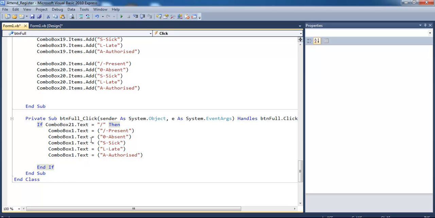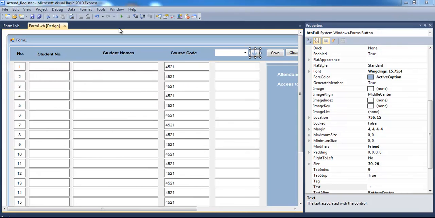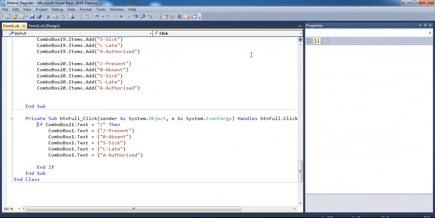So if I run the program now, this is what will happen. If I click on this and click enter, combo box 1 becomes that. Okay, authorized absent, which is wrong. It's supposed to be present anyway. Okay, that is wrong, and I suppose you get the whole idea. So let's change that. Let's double click on this, go back into the code. So all of this should be,